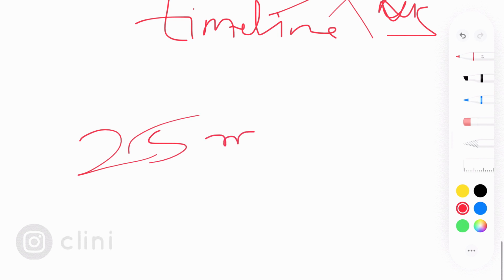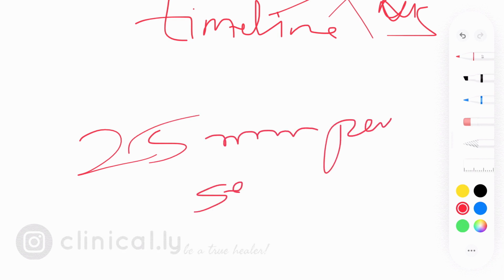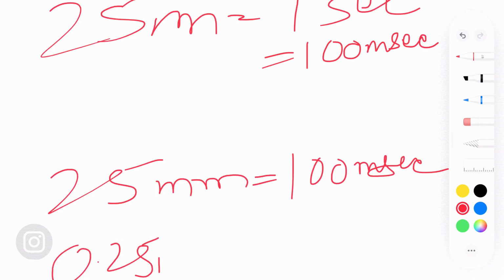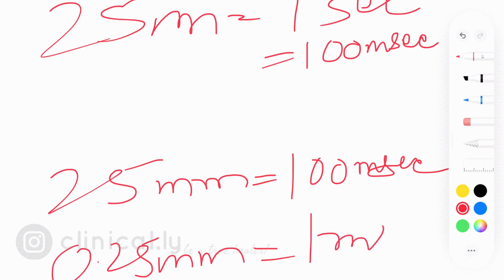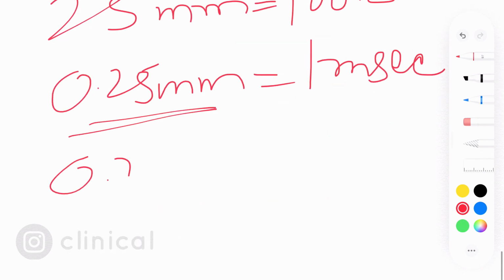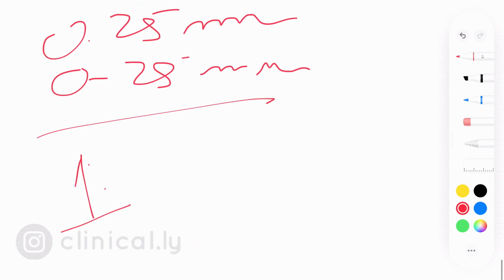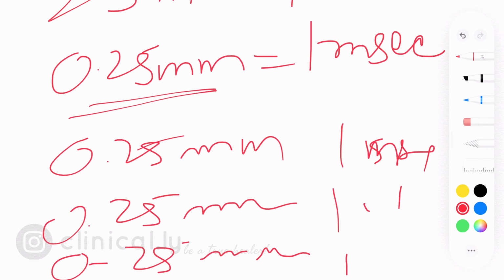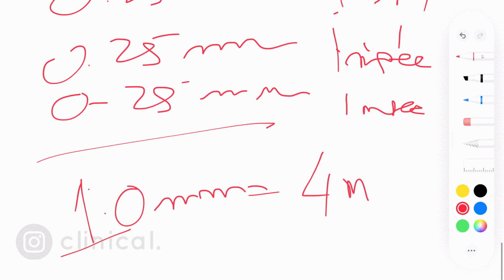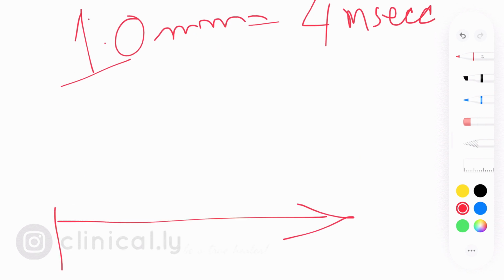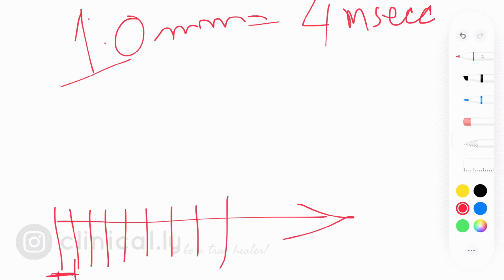The ECG is recorded or plotted on the paper at the speed of 25 millimeters per second. That comes down to 0.25 millimeters in 1 millisecond. So if 4 such quarter millimeters are taken together, this will form a complete millimeter, and for that to happen we'll have to take 1 plus 1 plus 1 plus 1, that is 4 milliseconds, correct. So on the ECG, on the x-axis there are markings for the millimeter and every 1 millimeter stands for 4